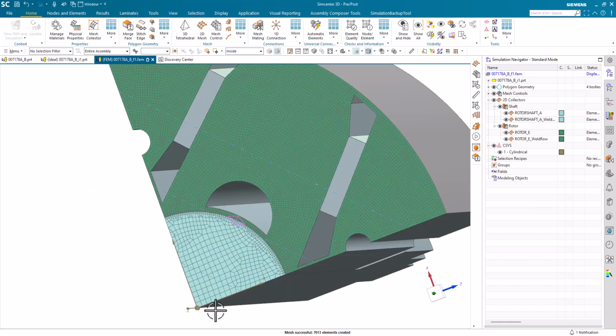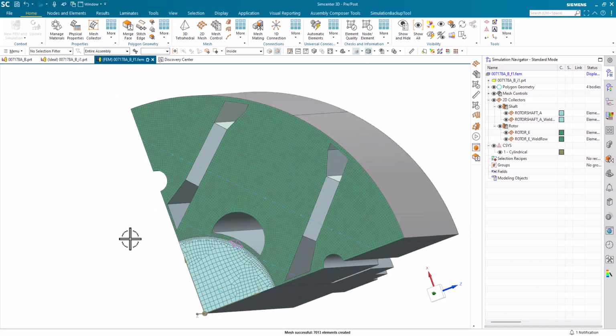Now I should have equal spacing along this edge relative to that one, and the same for the two moving down. When I define my simulation in the analysis, I'm going to couple those nodes on the independent side to the nodes on the dependent side to force my cyclic symmetry. The next thing I want to do is actually mesh the